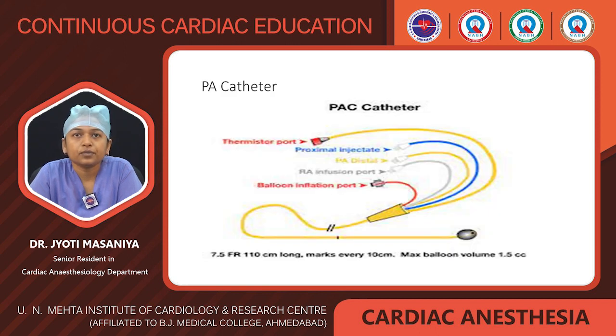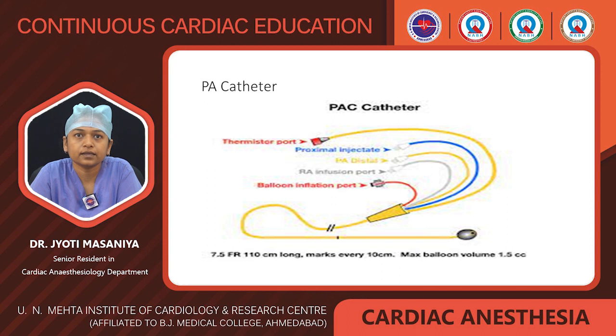This figure shows the PA catheter. The standard PA catheter is available in 7 to 9 French in size, and it is about 110 cm long, marked every 10 cm, and contains 4 to 5 lumens. The yellow lumen is the distal lumen, which is used for PA pressure monitoring, and the blue lumen is used for CVP monitoring or IV fluid and drug administration, and it is approximately 30 cm proximal to